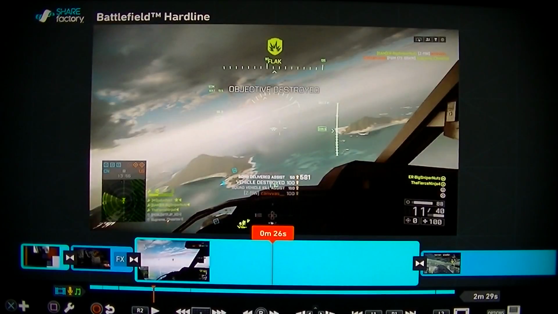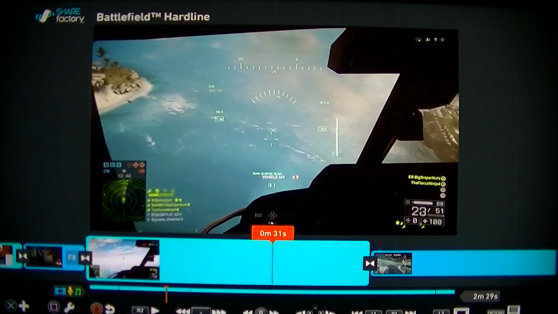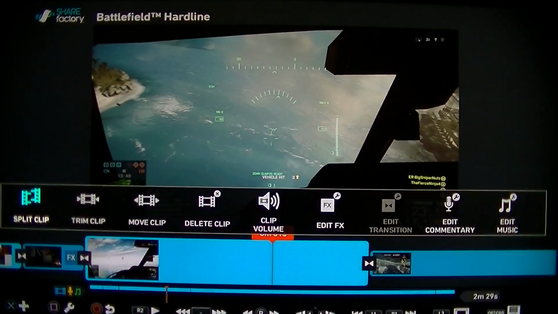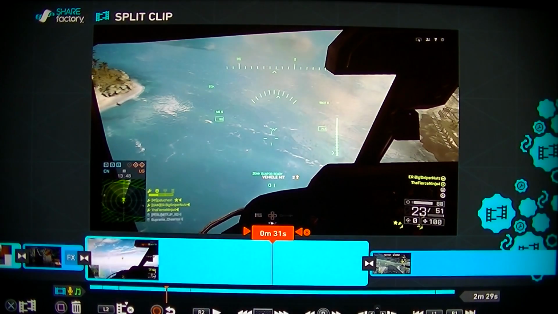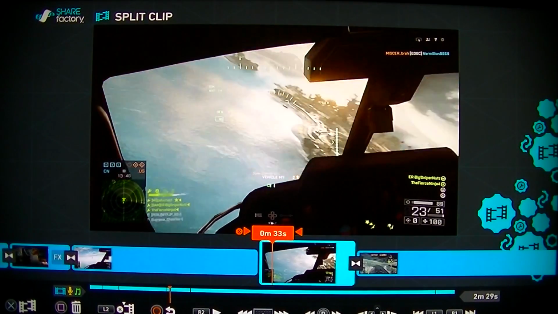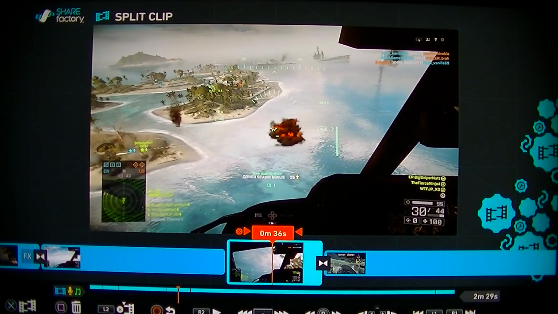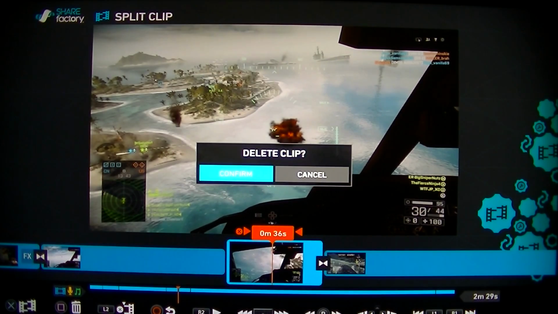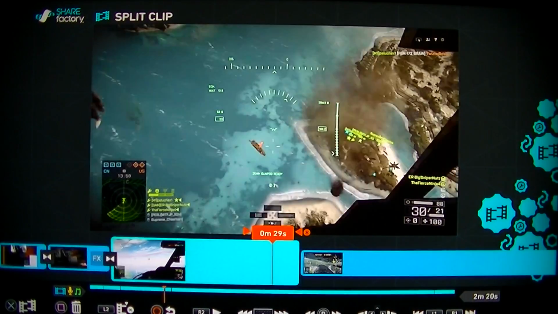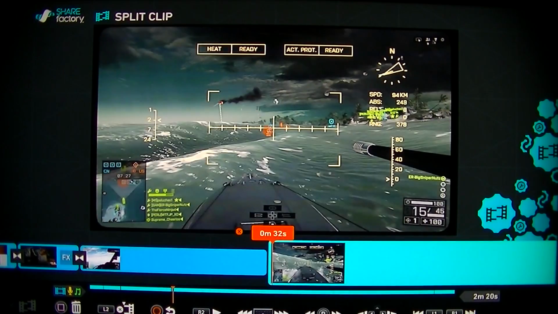And what I will do instead is get back to where I passed over the boat. Hit split clip. Split the clip, confirm. And this next few seconds here, you see now down at the bottom, I'm in the split clip menu for my buttons. Square deletes the clip. I'll just delete that part of the clip. And it's gone. Just that quick. It automatically jumps to the next clip,